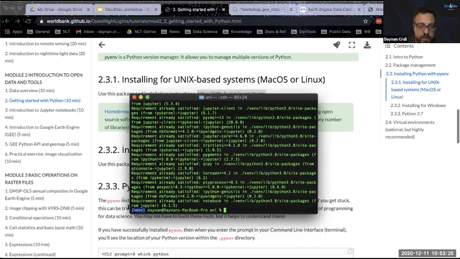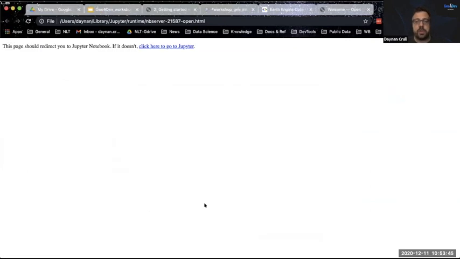You can see these parentheses here. That indicates to me that I'm within my virtual environment. Anything I download in terms of Python packages is only for this environment. If I have another project somewhere else, I can install other libraries there. But this allows me to do this. And one of the things that makes this more useful is I can actually launch a Jupyter Notebook.